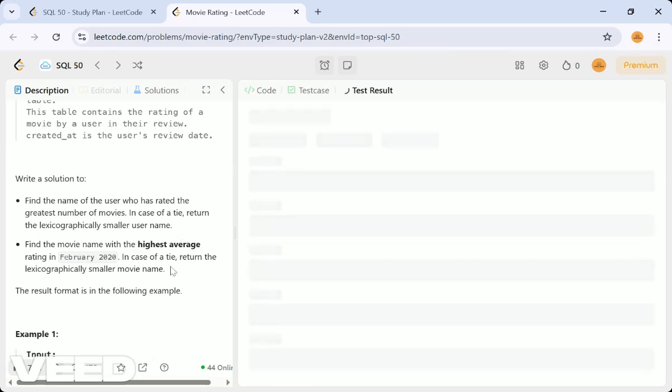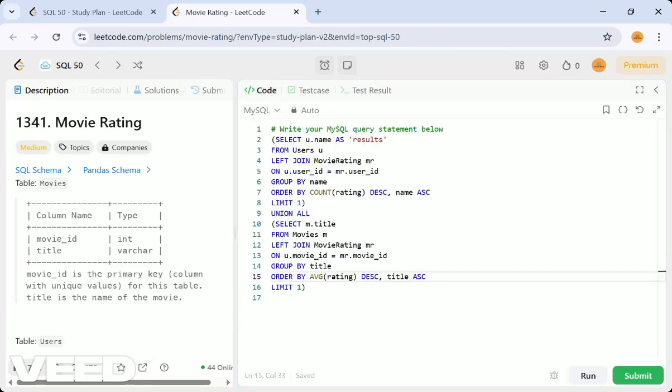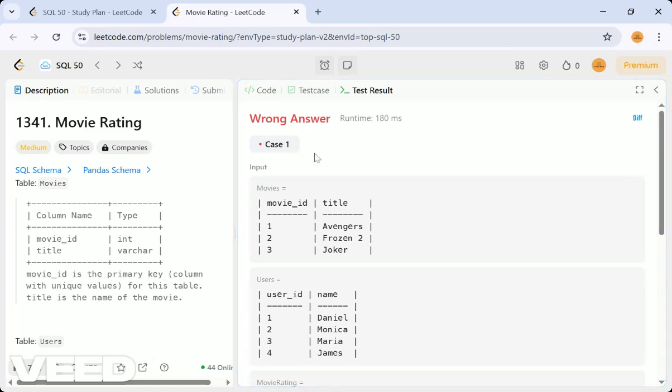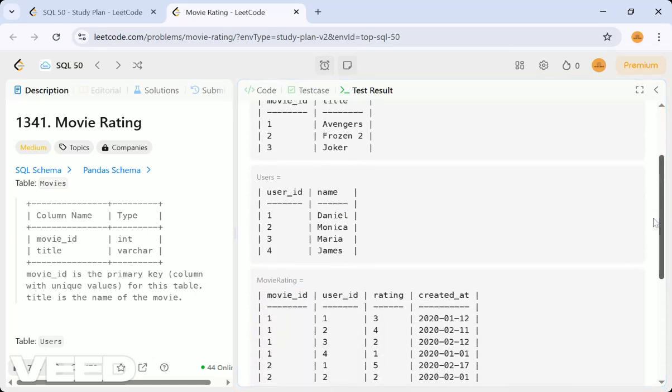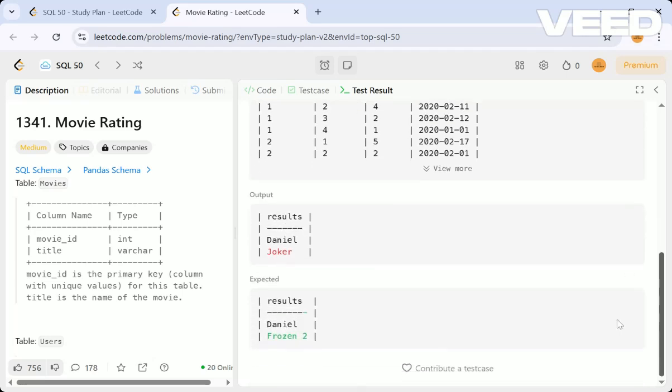So these are the two things which they are asking in the same result. Let's try. Sorry, movie, I haven't changed it. This one, it's my bad. Yes, that is the name for the movie. Sorry, what happened? They're asking, okay, Joker has come, but we have to get Force Z2.